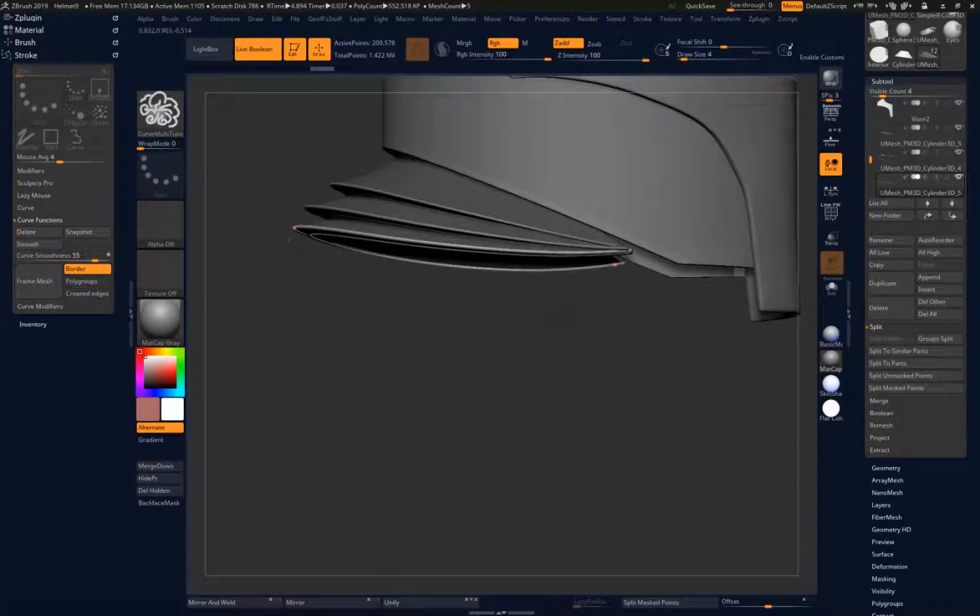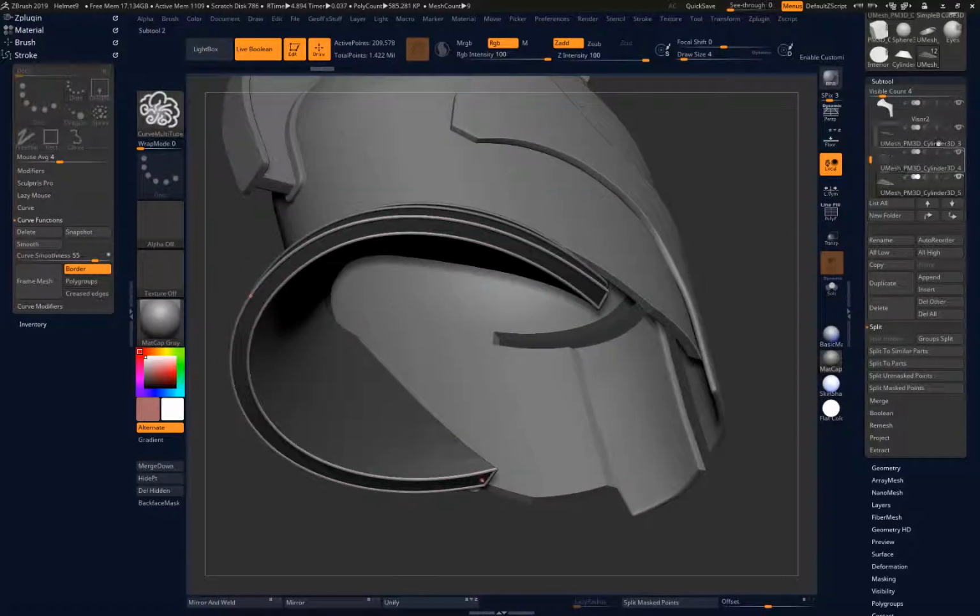I did do that cut, so we're going to have to move this, but what we need to do is probably get rid of the other sides of this. So I'll do another split mask, and then